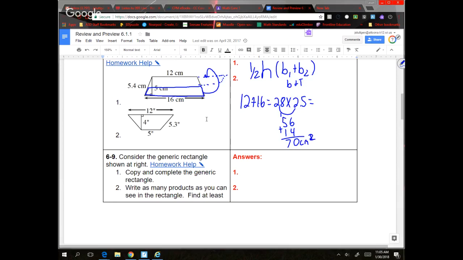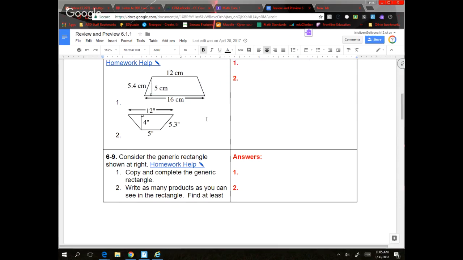Okay. Last one, same kind of thing. If I take the half of the height, so h divided by 2 is 4 divided by 2, which obviously is 2. So I get 2 times 12 plus 5. 12 plus 5 is 17 times 2. That is the same as 34 square inches. Next problem,